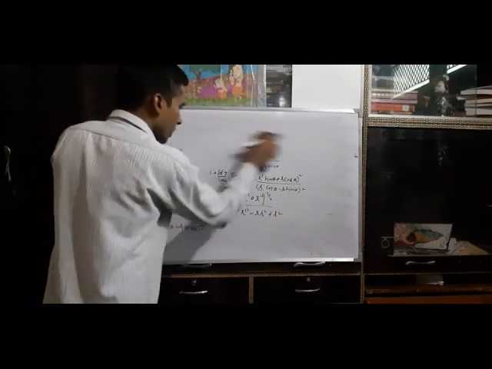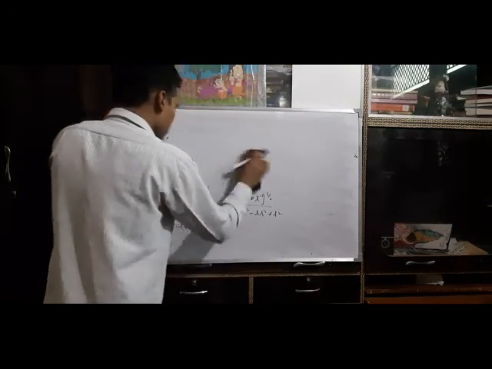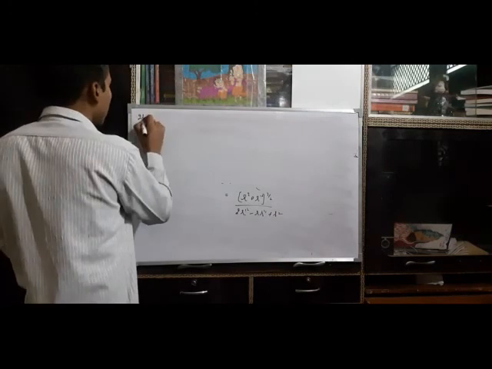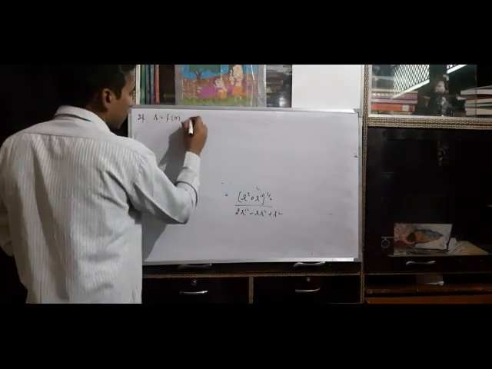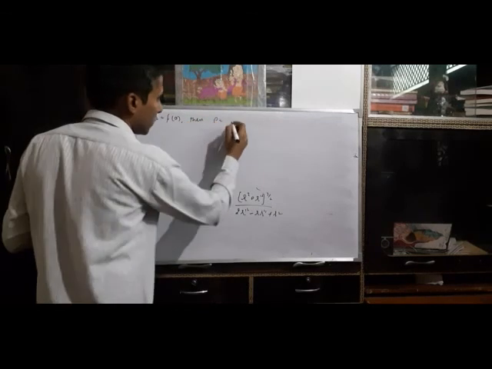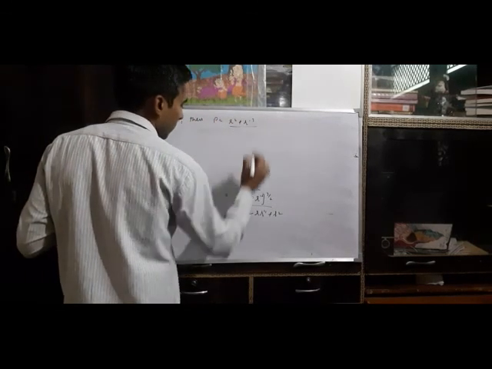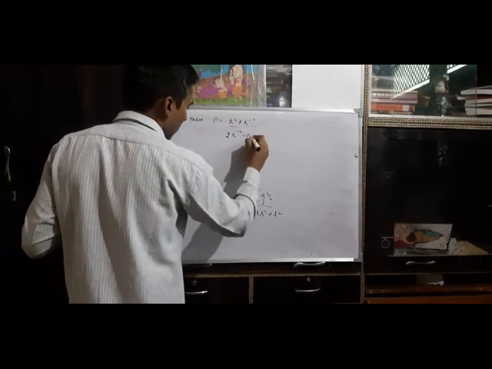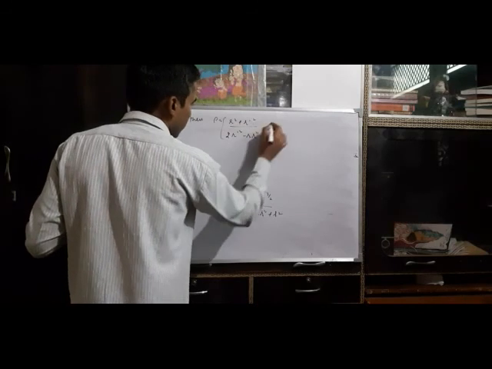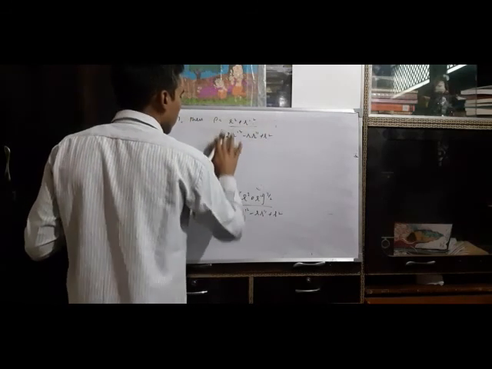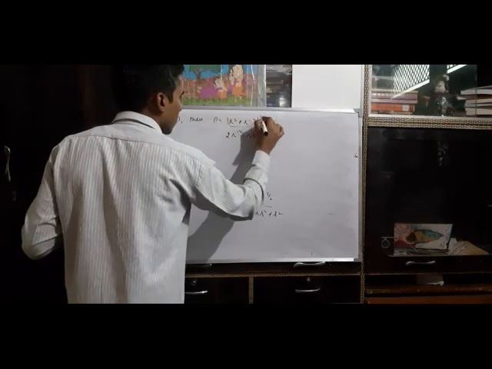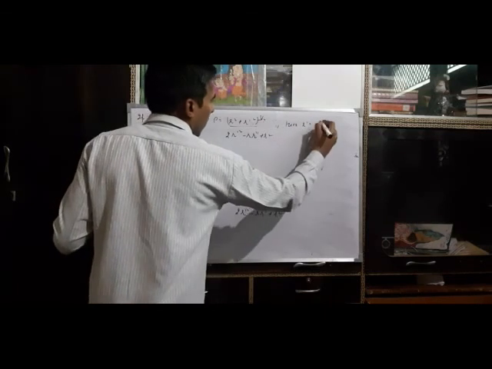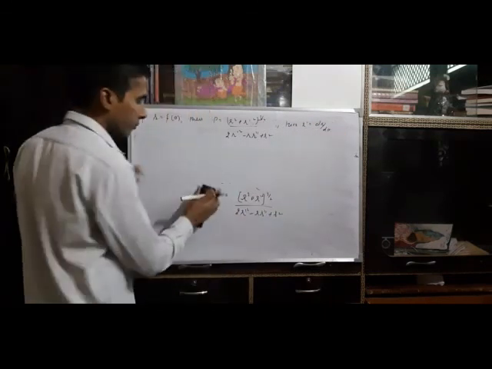Now we solve a problem on the basis of this. We should note that if r is equal to f of theta, then the radius of curvature is (r square plus r prime square) to the power 3 by 2 divided by (2 r prime square minus r r double prime plus r square). Here note that r prime is the derivative of r with respect to angle theta.